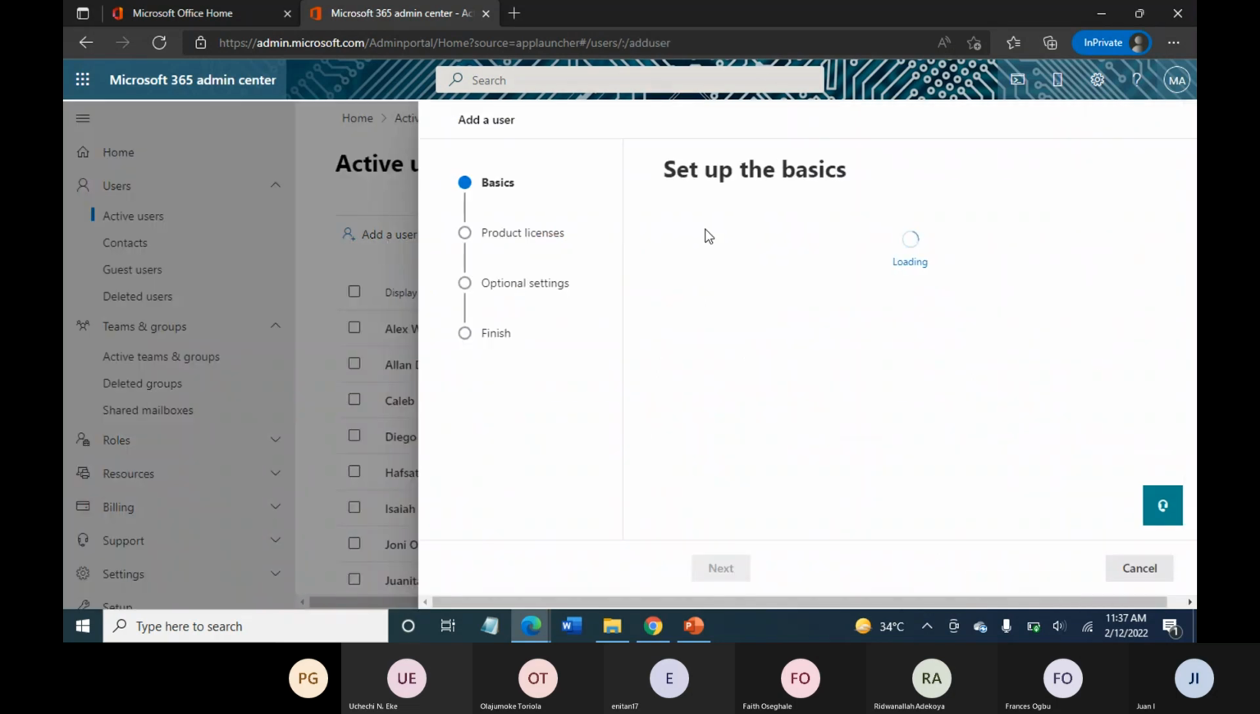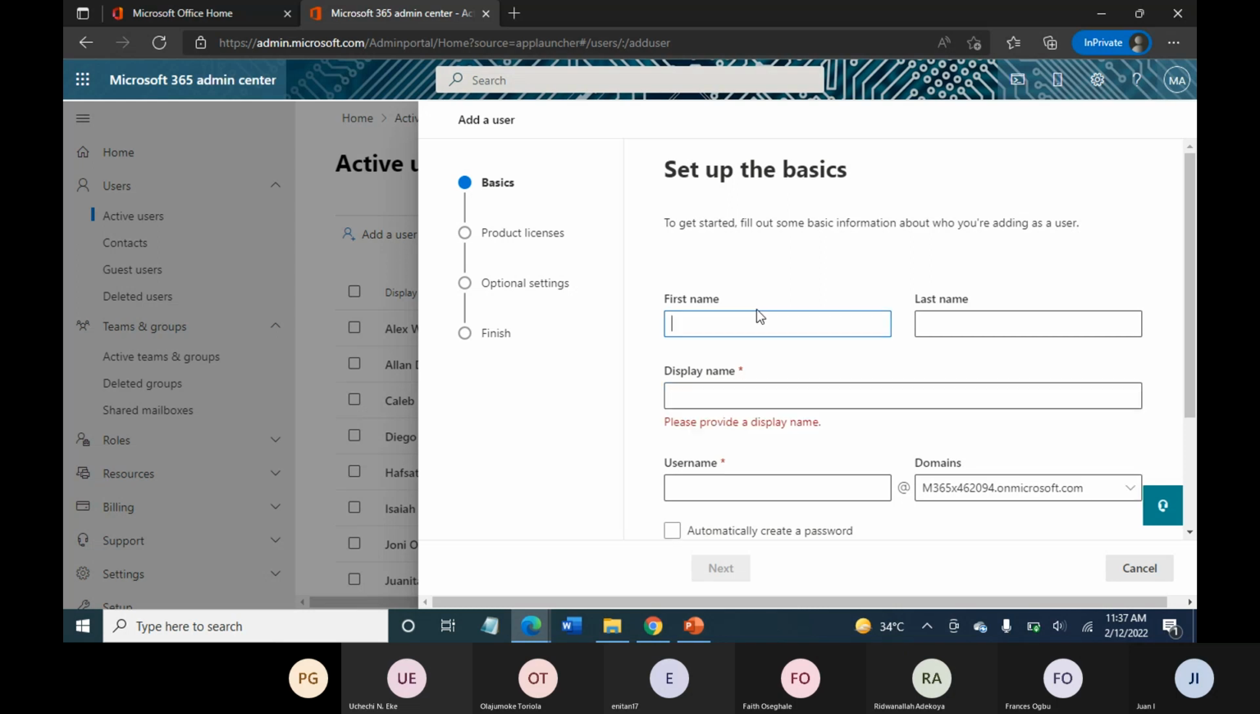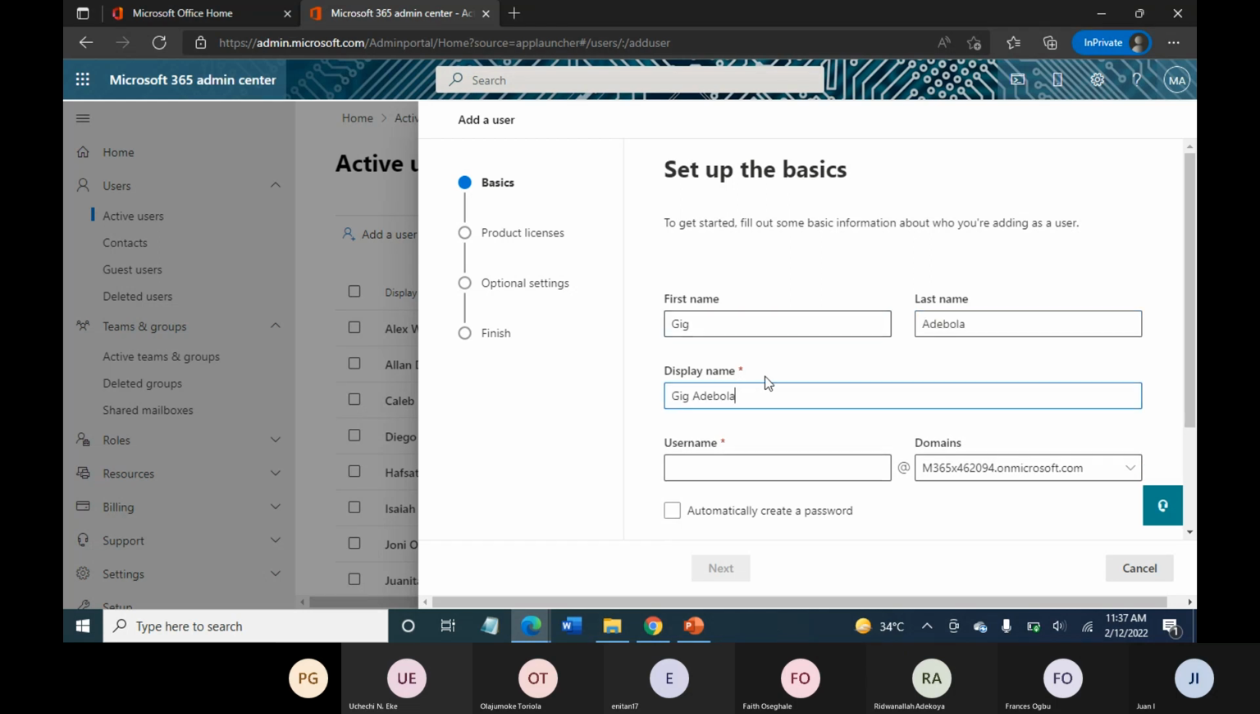and then I can enter the user's first name, the user's last name, the okay, let me just do that already. So Giga, and then the display name is here. Then